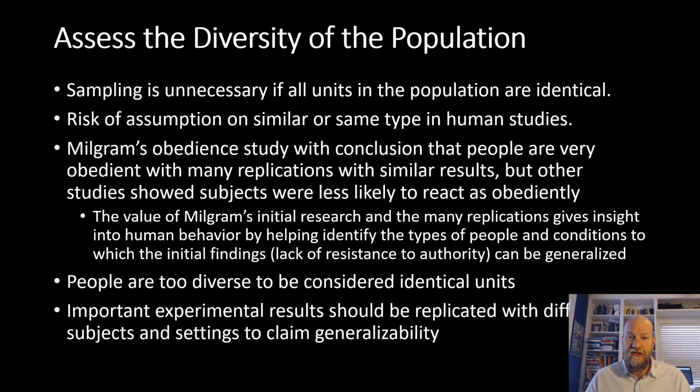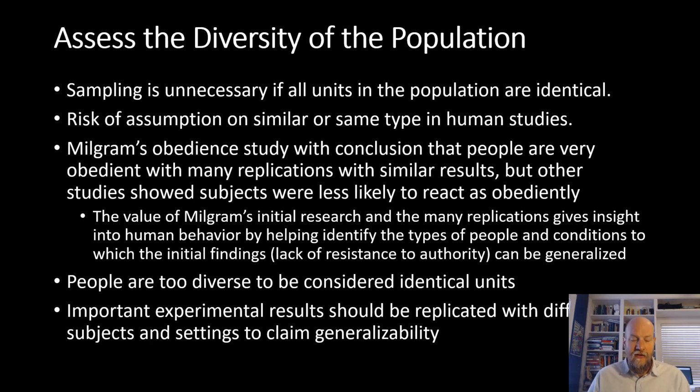It also helped us to understand types of people and conditions to which you couldn't generalize as much. Remember, we talked about how you can change the distance between the authority figure and the subject. You can change the distance and the connection and the relationship between the person being shocked, deceitfully, not actually shocked, but ostensibly being shocked, and the person who's doing the shocking, the subject. You can change that, and you change the levels of obedience. We talked about the example of doing it over the phone or doing it over the computer. So there is some variability where you can't generalize fully, but that replication across populations showed us that you can